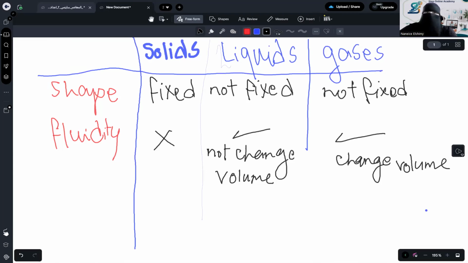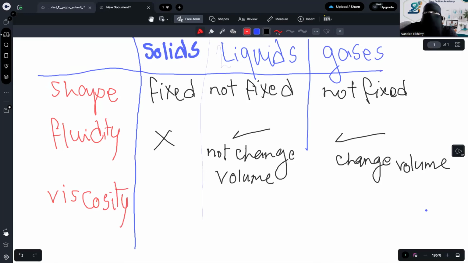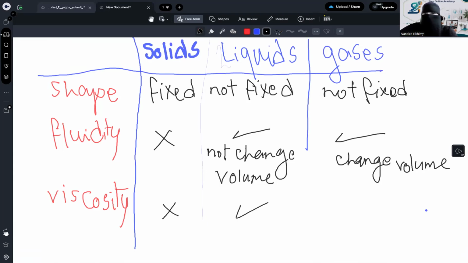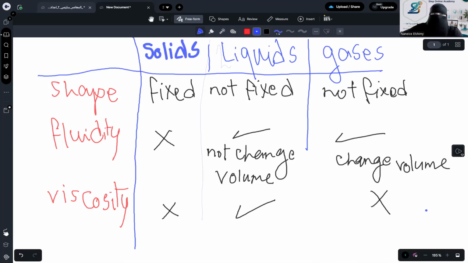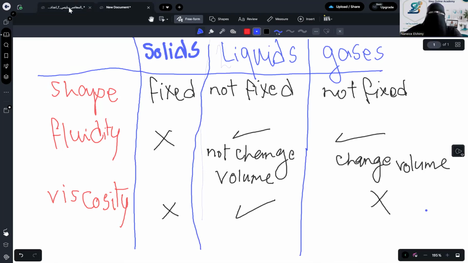And the last thing we were talking about was viscosity. Okay, and gases don't have viscosity, liquids have, and solids don't have, okay? Here's our table, sorry for not being perfect, okay? So this is what we took till now, okay? Let's continue and see the next property